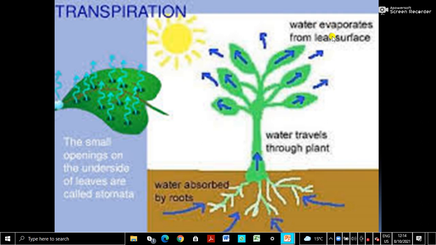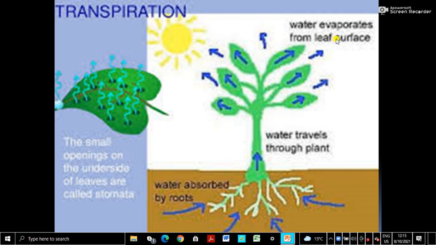Transpiration, you must have heard, is a necessary evil. Necessary because water absorption is kept continuous because of the transpiration pull. If transpiration is not there, then water absorption stops or becomes slow. If water is not absorbed, then plants will also not get minerals. Minerals like nitrogen and phosphorus are continuously used up and it will finish. So water absorption should be kept continuous, and this is possible because of transpiration.